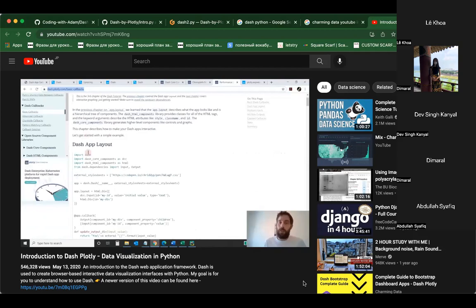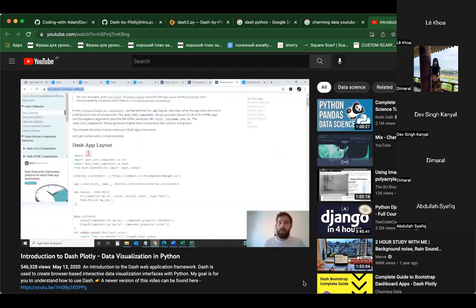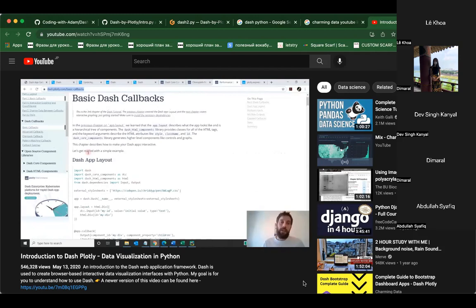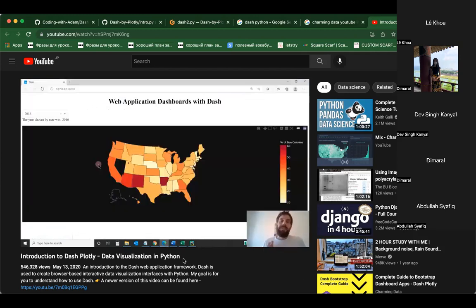I would encourage you to read more about this after the video so you can understand more about it and try and manipulate and add more features to it. So one thing that is important to remember is that the components and the Plotly graphs are all going to go inside the app layout that we're going to look into very shortly. And the callback is outside the app layout. We're going to do a